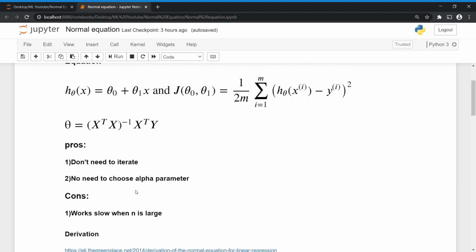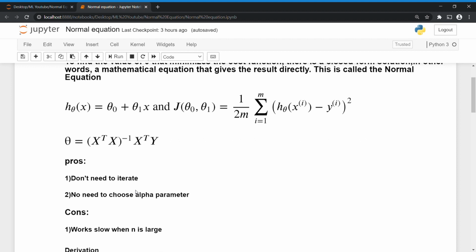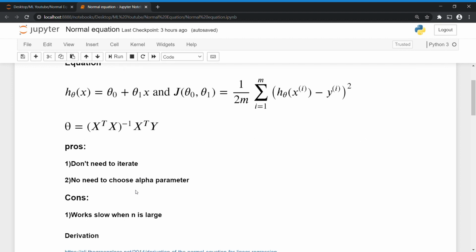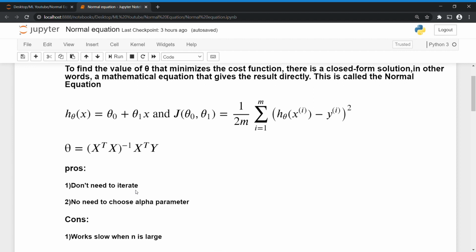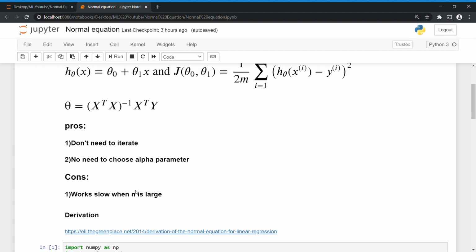So how do we overcome this pitfall, this downfall? By using gradient methods we can overcome this disadvantage. In gradient descent we need to choose the alpha parameter. It is like an adjustable parameter. By adjusting the alpha value, our weights and slopes will change according to that alpha value, like how the model is learning. We will see all those things in the next video.